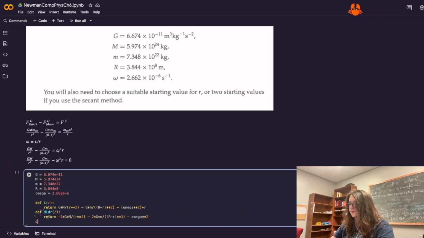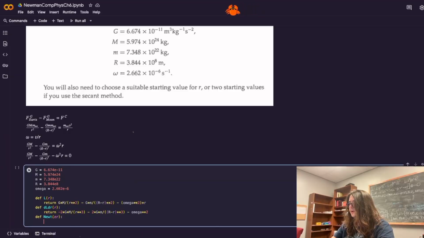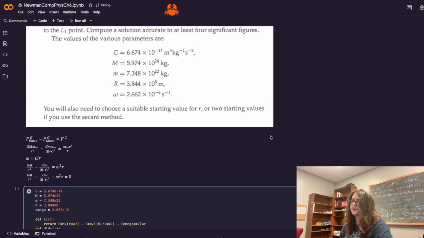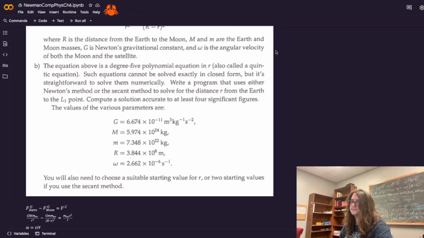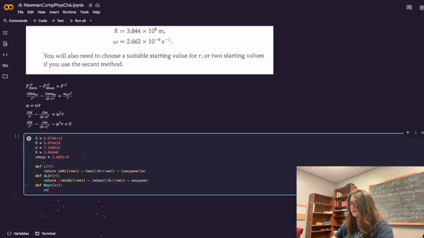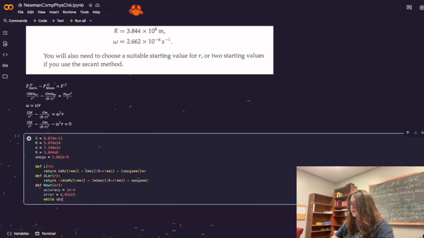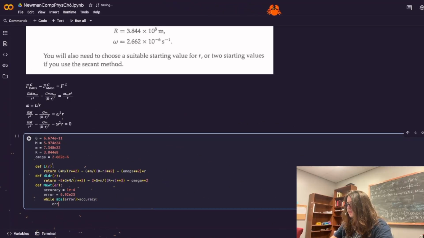So you can do now your function which does Newton's method. It's going to have the same structure as before, except this time, the problem wants us to get at least 4 significant figures accuracy. So that's where we're going to set our accuracy to 1e minus 4. The error is, as always, I'm going to set it to a really large number, and then while the absolute value of the error is greater than the accuracy, you just, first of all, calculate the error, which is now the